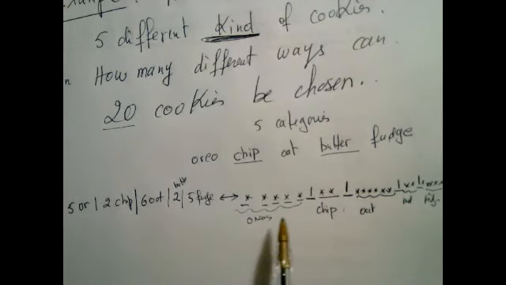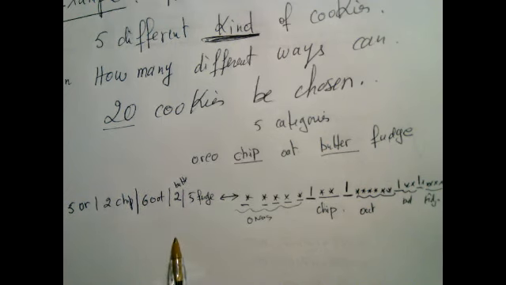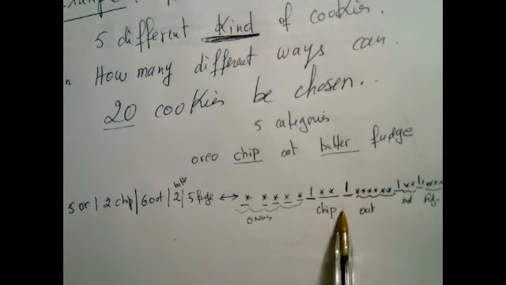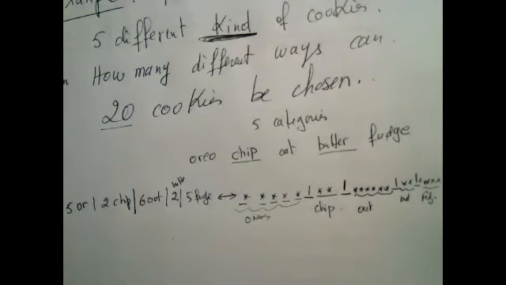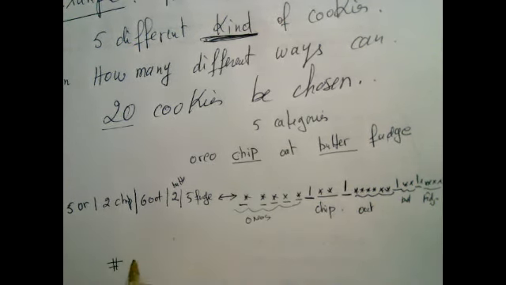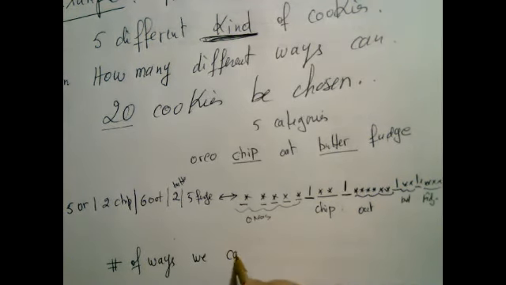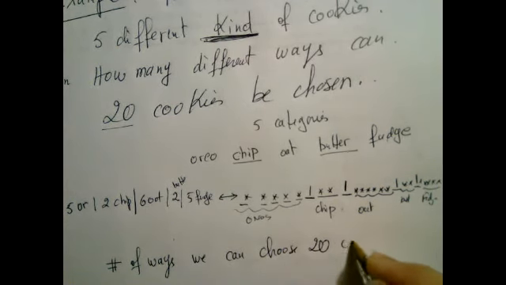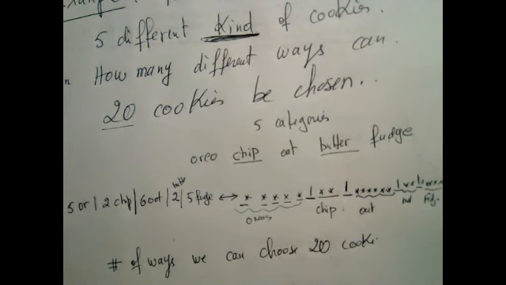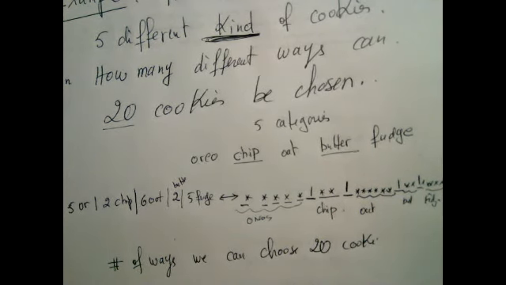And let us note that 2 different selections correspond to different strings. I mean, if I change the selection, the string is going to change. So no 2 different selections have the same string. So now what my problem is really going to be: the number of ways we can choose 20 cookies is equal to the number of ways